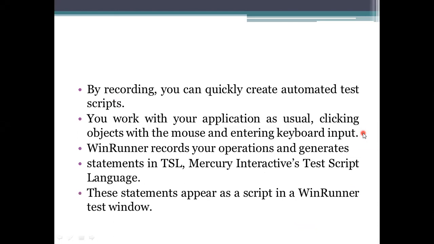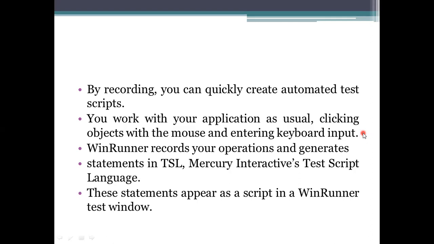And what does the test script consist of? In the test script, what are the things we need to include for processing, and also how we are running the recorded test, and the results we got will be analyzed here. So in this recording, the tools we are using in automation have a special property called record and replay.